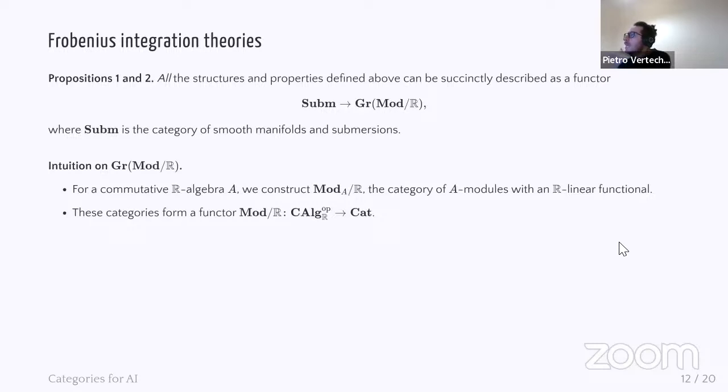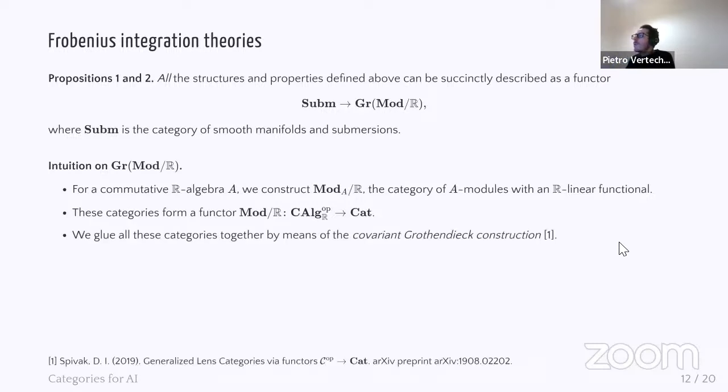And as is always the case in these situations, we can glue all these categories together by means of the Grothendieck construction. So this is where the prefix Gr comes from: Grothendieck. Now this construction is quite old. It's been around for